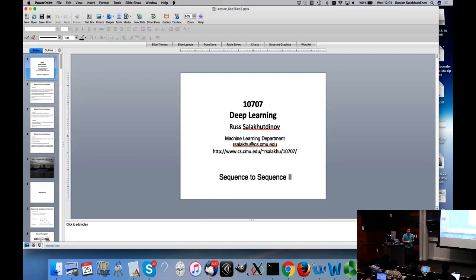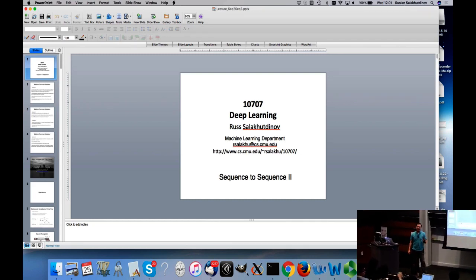Very quickly, in terms of the grades, you are seeing your midterm grades. If you're wondering how the grades were computed, it's very hard to compute the overall grade based on just the first assignment and the midterm, because people generally do well on the assignment and not so well on the midterm, which is understandable, it's unpredictable. So the way we've calculated the grades is that 75% goes for assignment 1, 25% goes for the midterm, because the midterm is going to be 25% of your final grade, right?